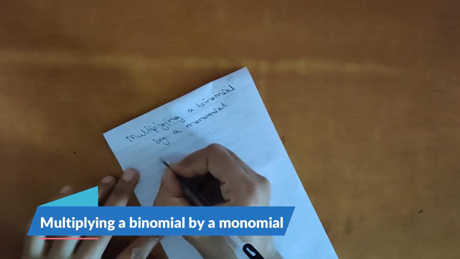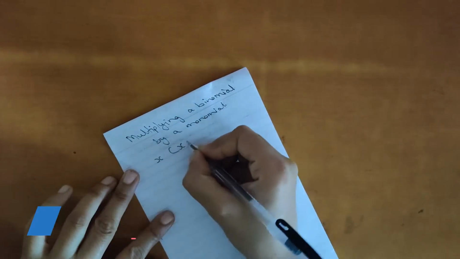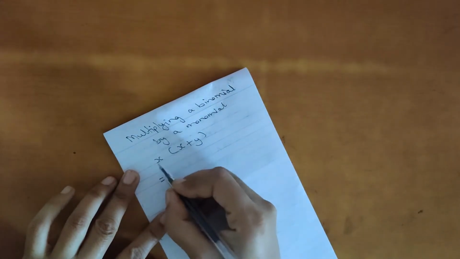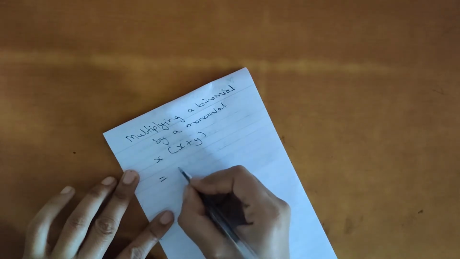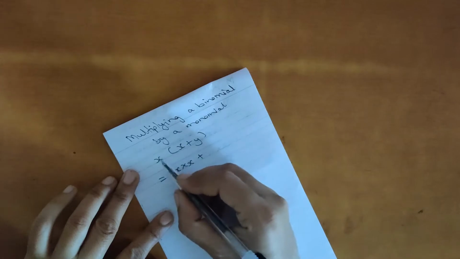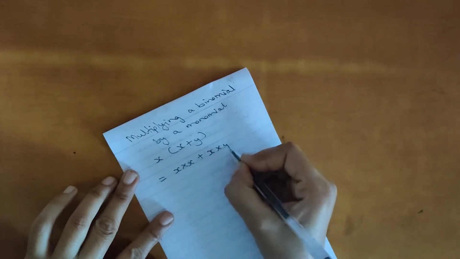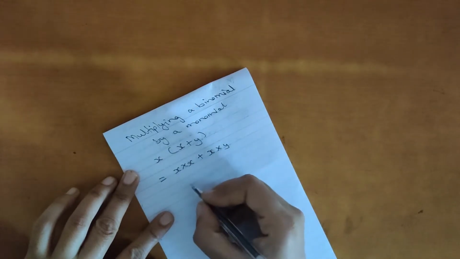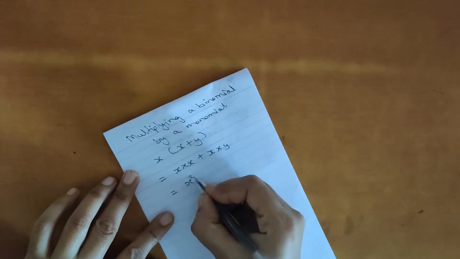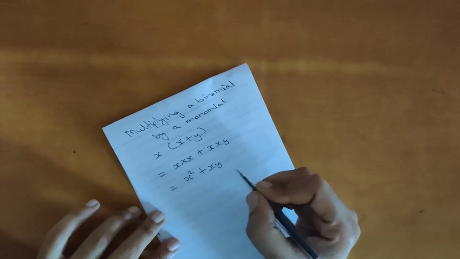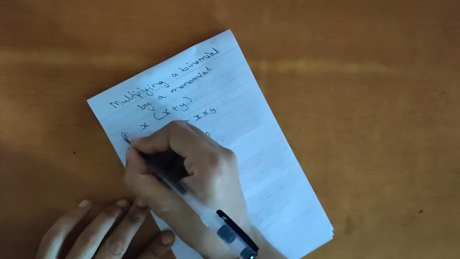For example, if I am taking x, without a sign, it means multiplication. So what we will do, this term is multiplied with this, so x into x, then the plus sign stays, so put plus, then x into y. The monomial is first multiplied with this, so x into x is x square, and x into y is xy. This was the first example.